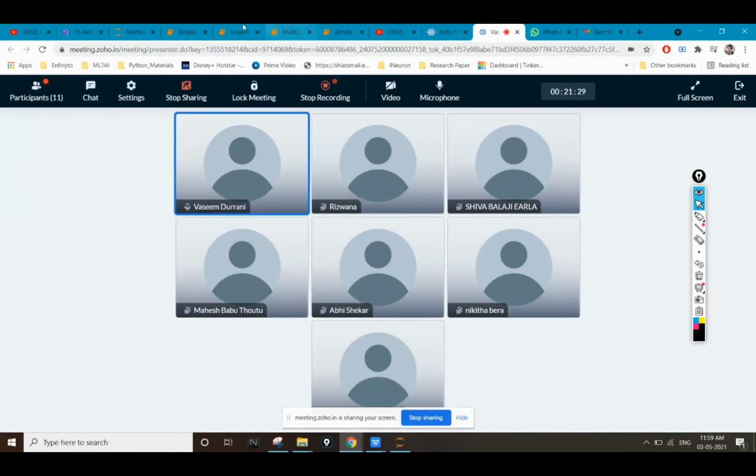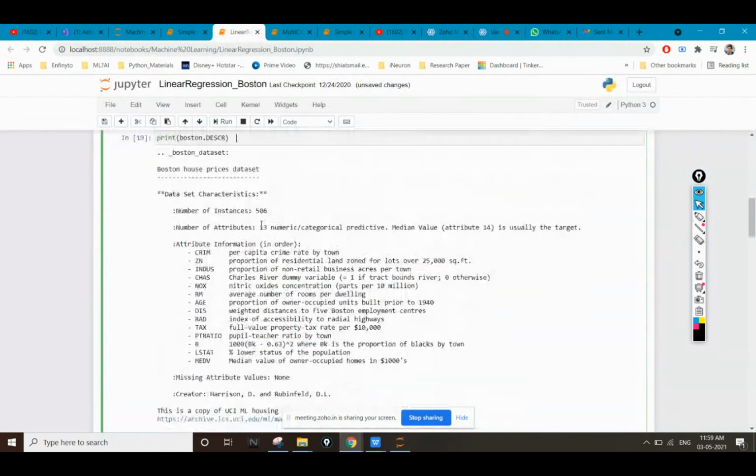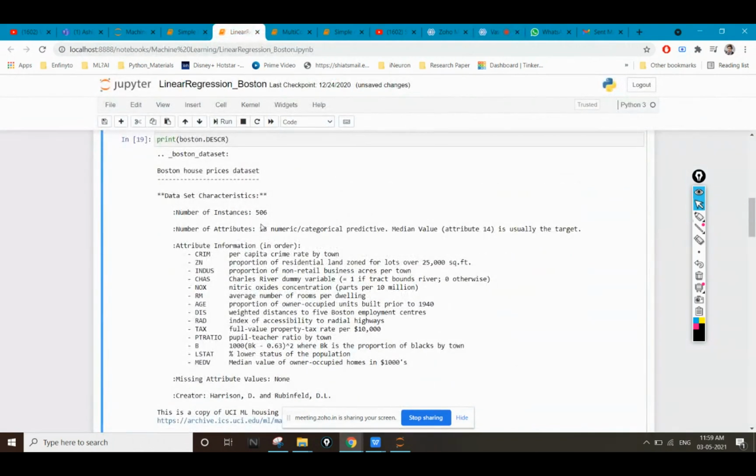From the describe function we are able to see what these values are. The first is number of instances: we have 506. Number of attributes: we have 13, numerical and categorical values. The first feature was per capita crime rate, what the crime rate is in that particular area.